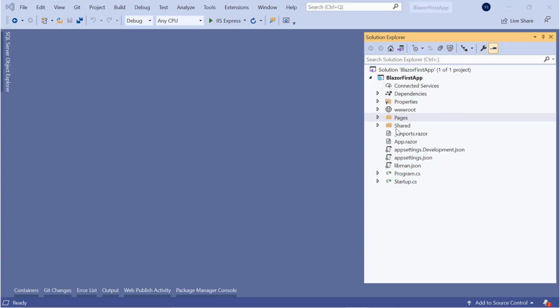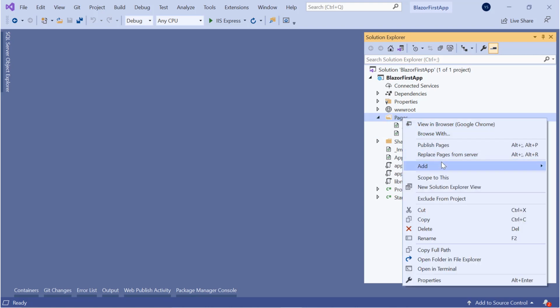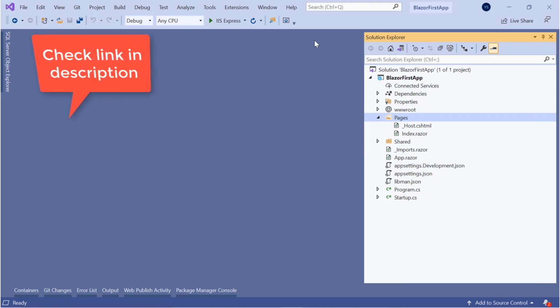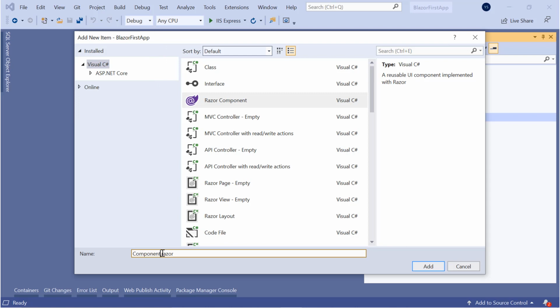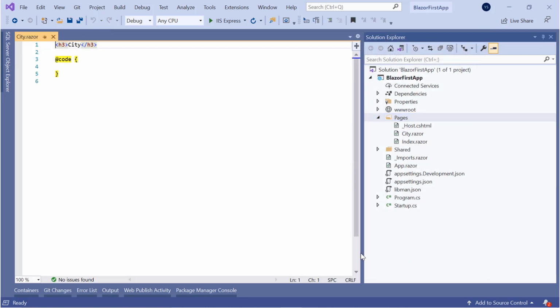So this is my project, and I will add 3 Razor components inside the Pages folder. So right click on Pages folder, add Razor component, and name this component as city.razor, and this is the city.razor. So first provide its route as @page "/city".